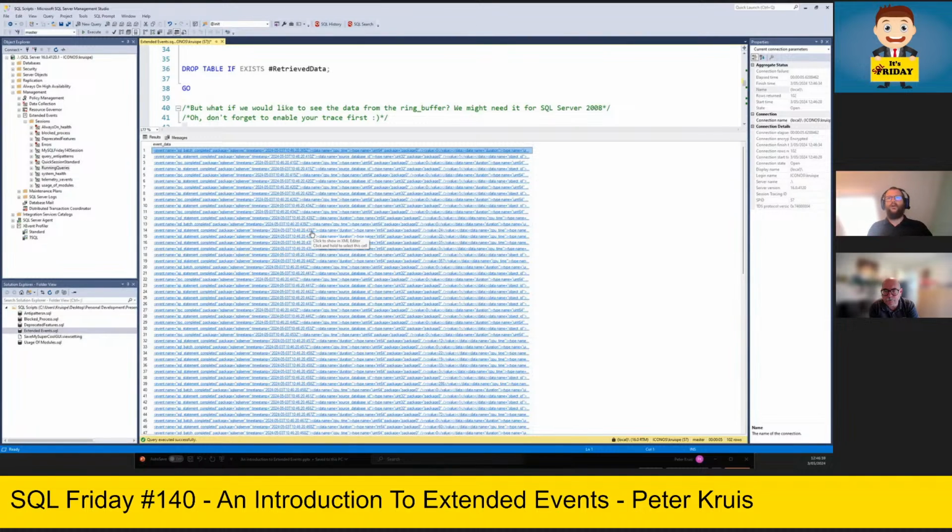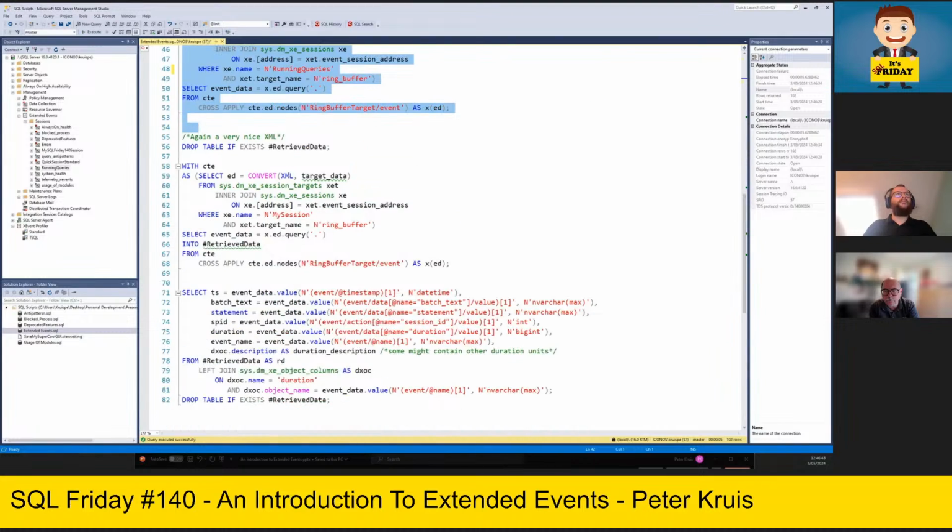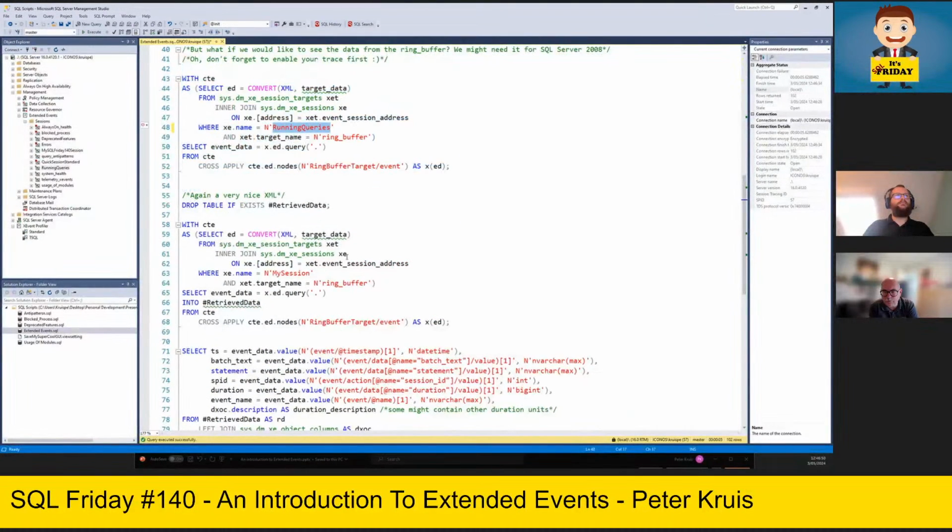So also for the older SQL Server versions, because you might need this for SQL Server 2008, you can shred it also. Again, let me drop my table.